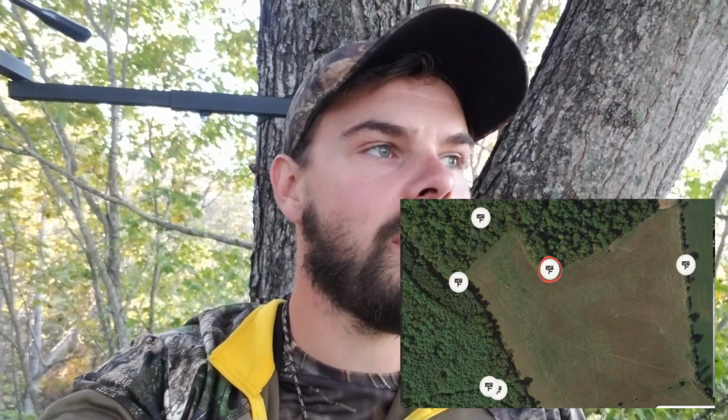So the plan is I'm gonna keep hunting this hayfield, these field edges in the evenings, prolong my daylight activity, and see if we can't get it done. So going for a big doe or a big buck tonight, nothing else, unless it's a